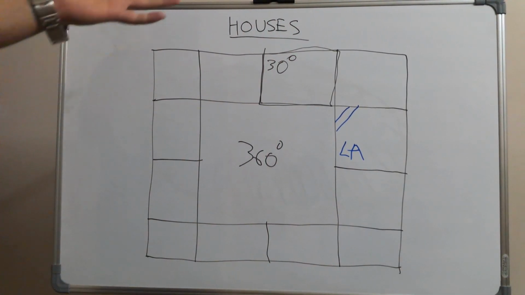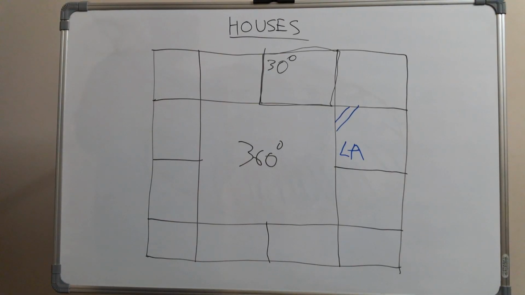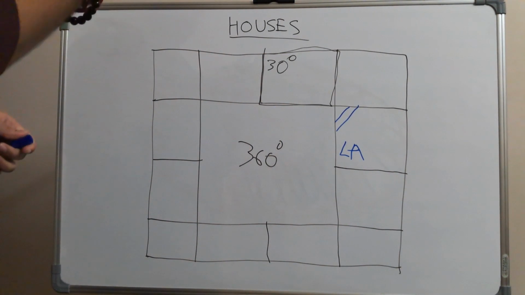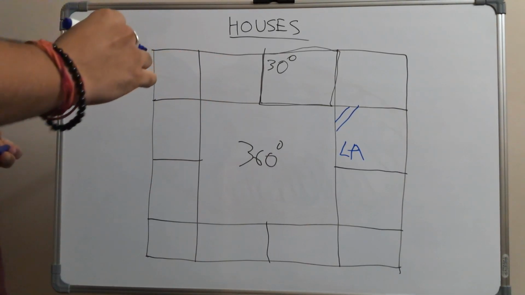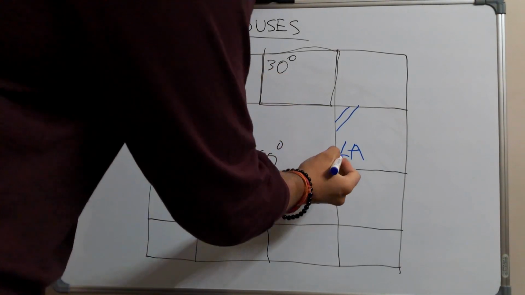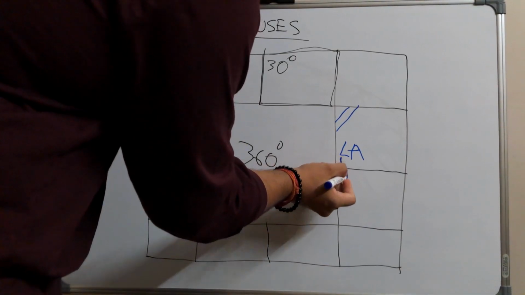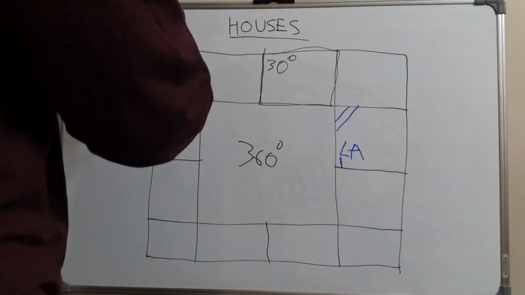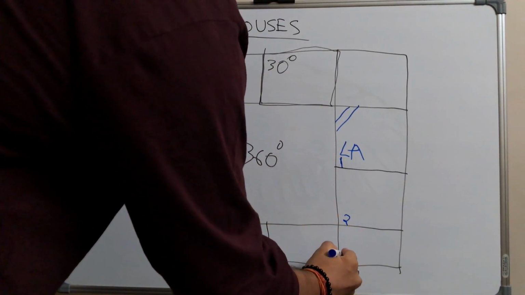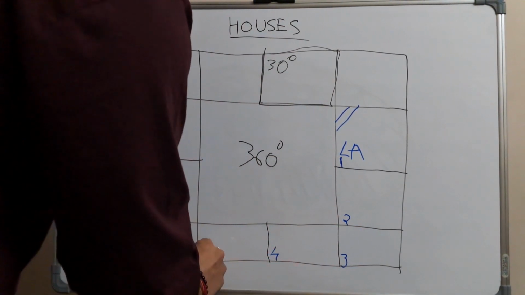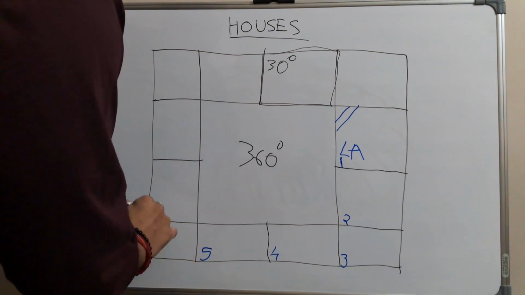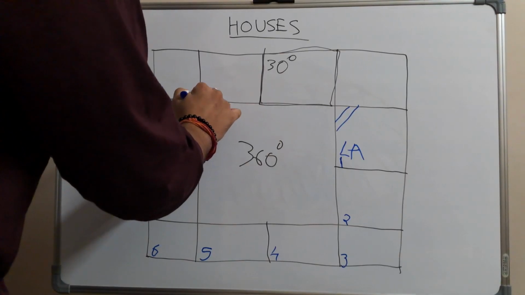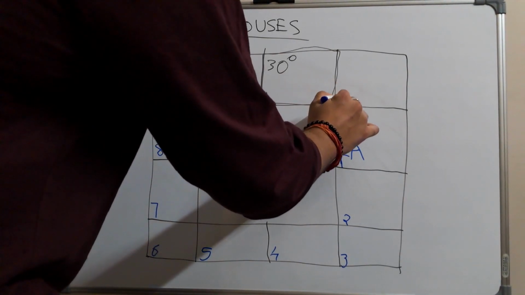So coming to the concept of houses, in all the charts, wherever Lagna starts, that becomes our first house. So from here, going clockwise, this is second, third, fourth, fifth, sixth, seventh, 8th, 9th, 10th, 11th, and last, that